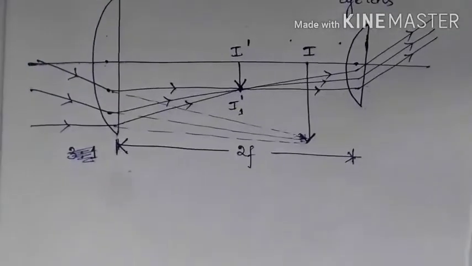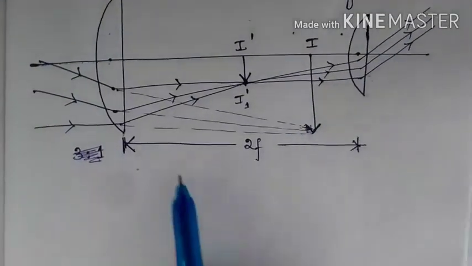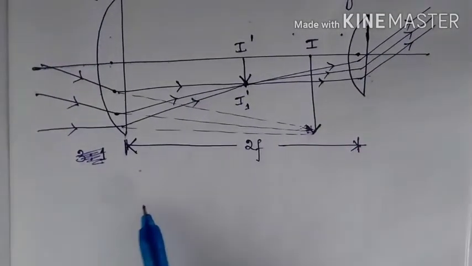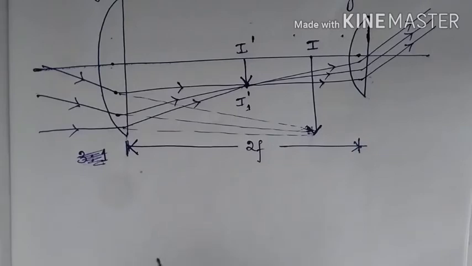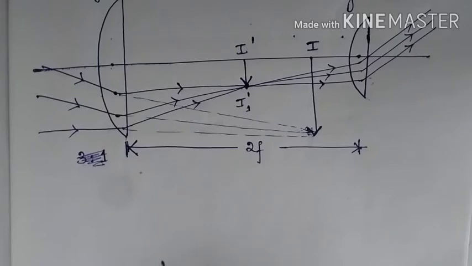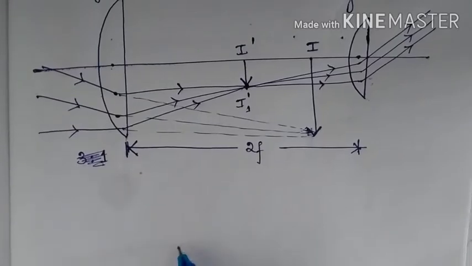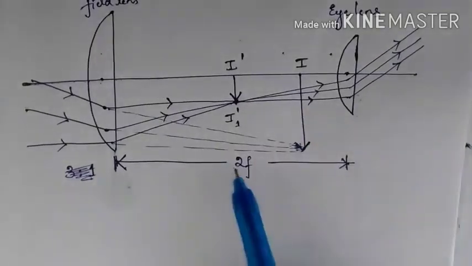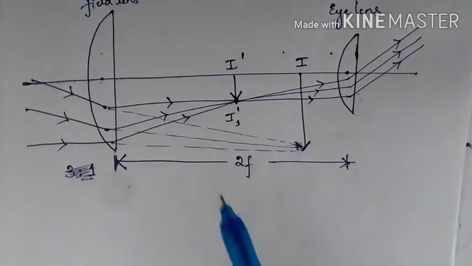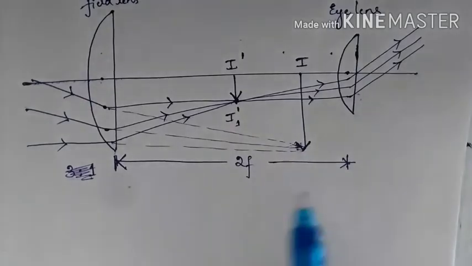So the ratio of focal lengths is 3:1, and the distance between the two lenses is the difference between the focal lengths. And the focal lengths and the position of two lenses are such that each lens produces an equal deviation of the ray, and the system is achromatic. Now, the position of these two lenses is in such a way that the deviation produced will be equal. So hence we can eliminate the chromatic aberration.